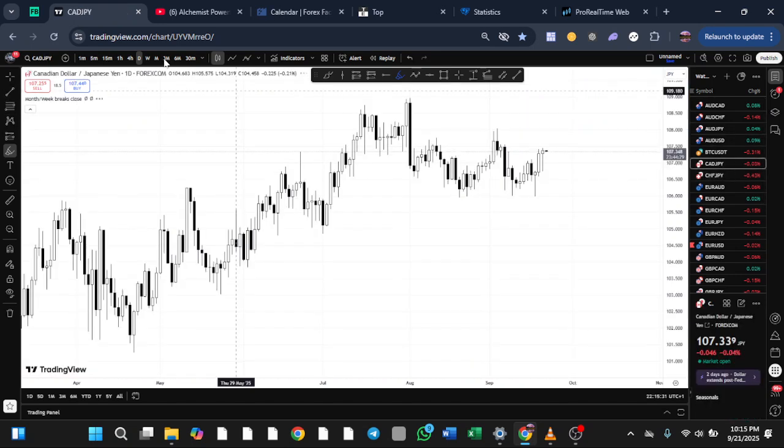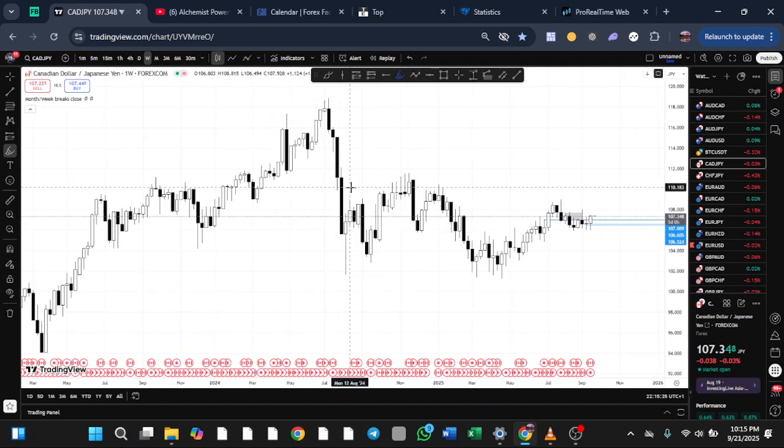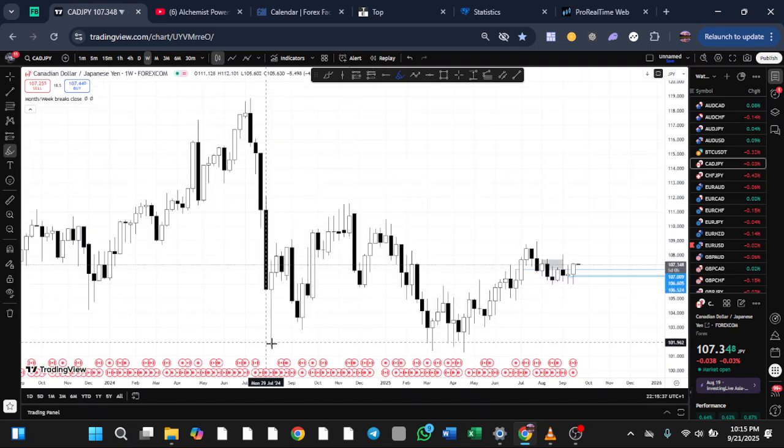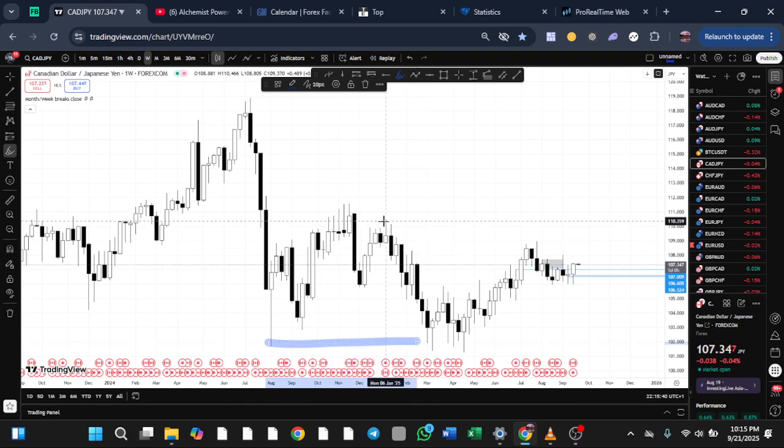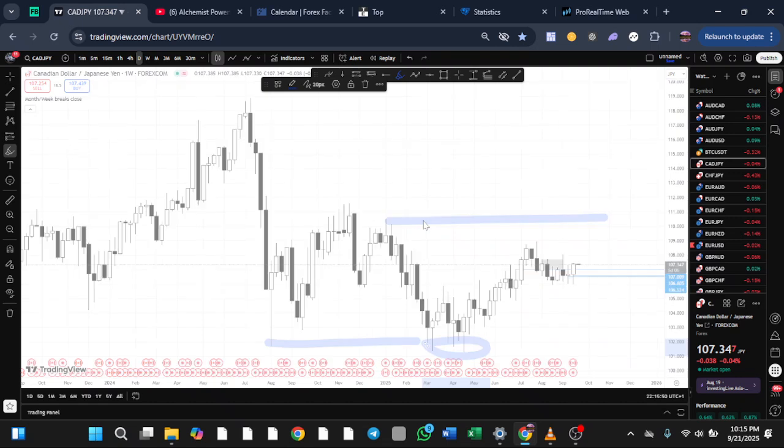Looking at the Cad yen, it is giving me bullish vibes. We have this, it's a downtrend actually, or we can say this is a liquidity grab, so it should push to the upside. So looking at it from the daily time frame,